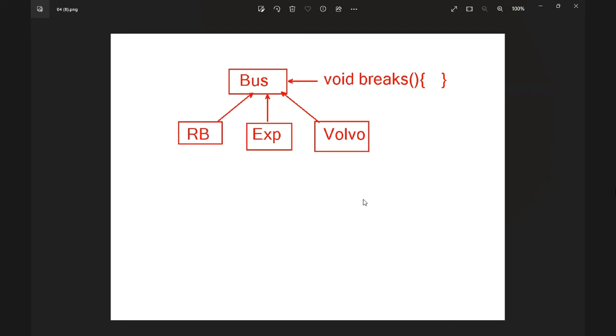Completed? And now, how to write the code?